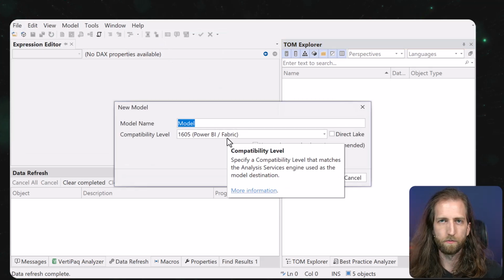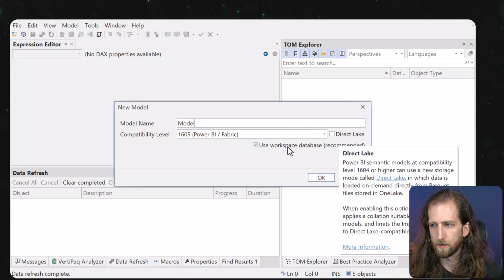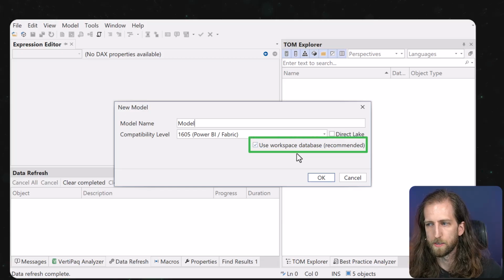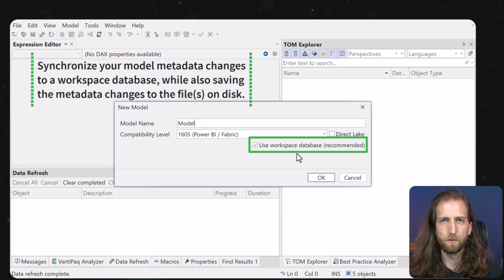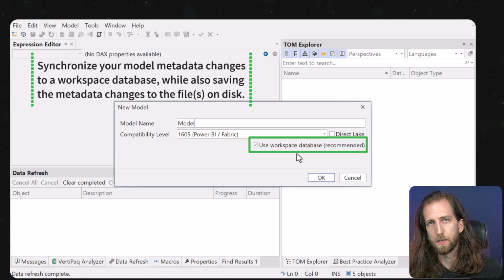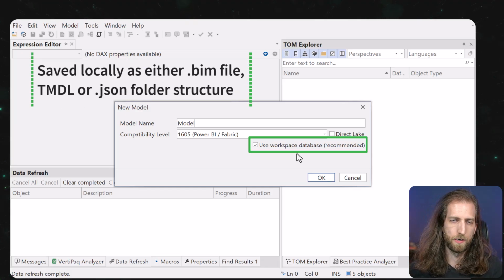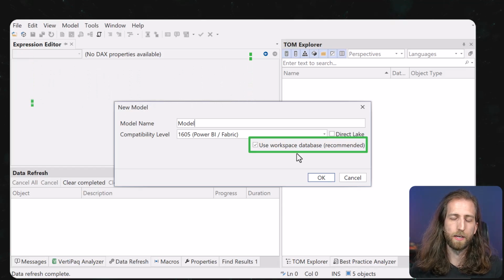We're going to make a model for Microsoft Fabric, a Power BI model for Microsoft Fabric. It's not going to be a Direct Lake model, but we could make it for Direct Lake. And we're going to use a workspace database, which means that we're going to save this directly to a workspace in Microsoft Fabric. At the same time, we're also going to save some local metadata so we can check that